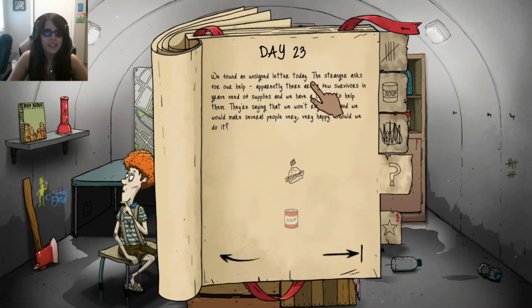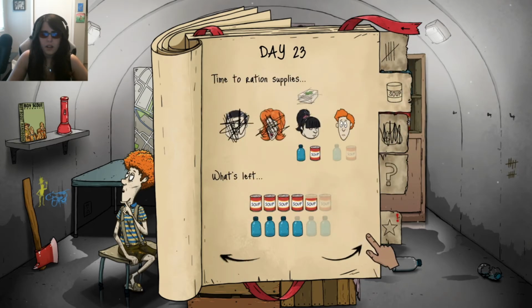We found an unsigned letter today. A stranger is asking us for our help. Apparently there are a few survivors in a grave. Oh, not in a grave, in grave need. I was like, there's survivors in a grave, then why are they in a grave? In need of supplies, and we have a chance to help them. They're saying that we won't regret it, and would make very many people happy. Do we have enough soup? I mean...